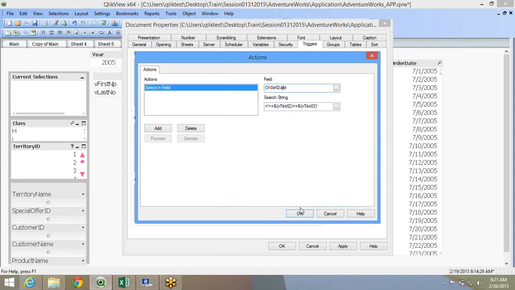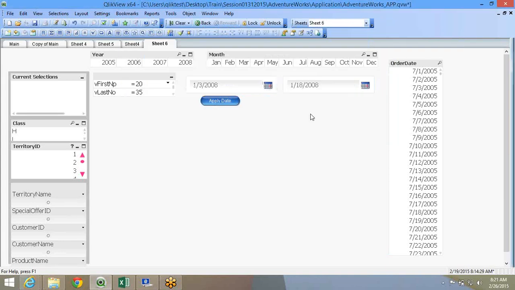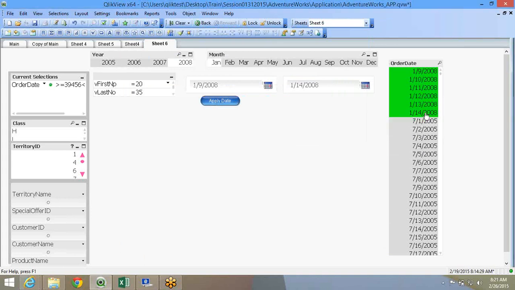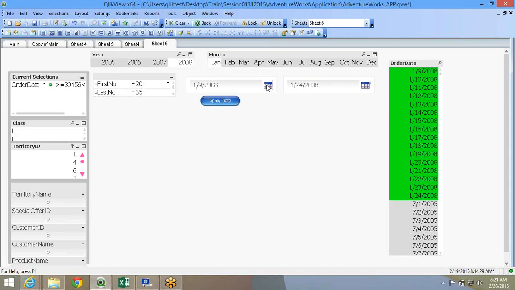selected. So what happens is the moment the user selects 9, it is selected. The moment he changes to 14, it is selected. The moment he changes to 24, selected. Right, this is how you can get rid of this button object.